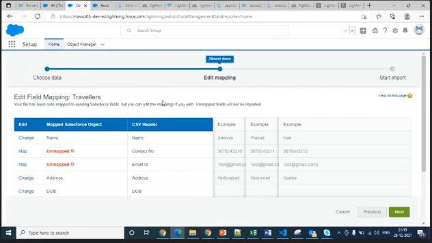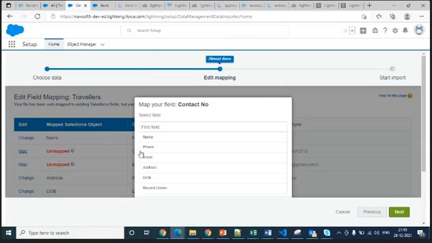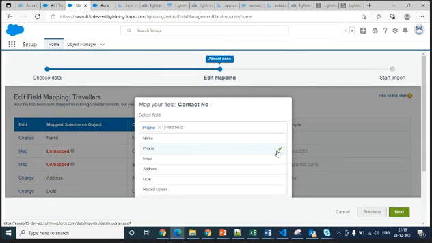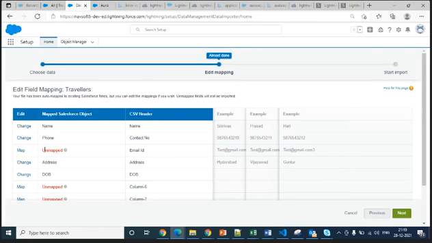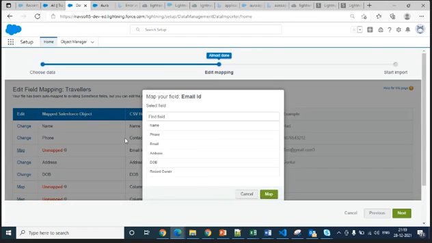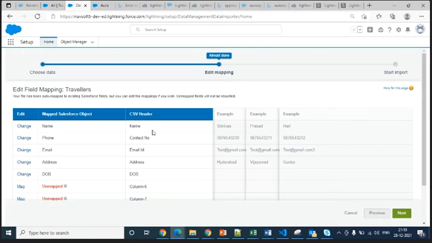Second step, what is it here? We are trying to map it with the fields. So here it is not mapped. Other fields are mapped, but these two fields are not mapped. Now, phone: you select it and you see here the map. Similarly, email: you can select email and map it.